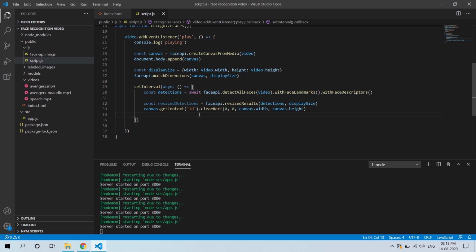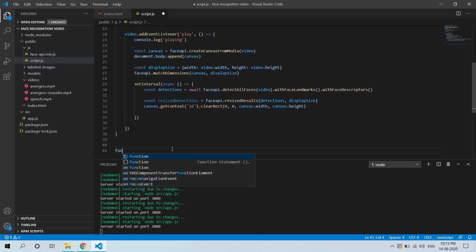And to do that I need to create a new function named loadLabeledImages,